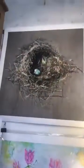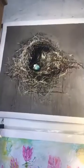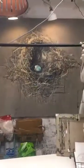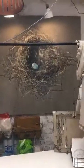So what else can I show you guys? There's a print of my painting Thriving, and Thriving is a 5 foot by 5 foot mixed media and encaustic painting. Let me move these scarves out of your way so that you can actually see the painting. So hi Denise. This is a 5 foot by 5 foot encaustic painting, mixed media and encaustic,